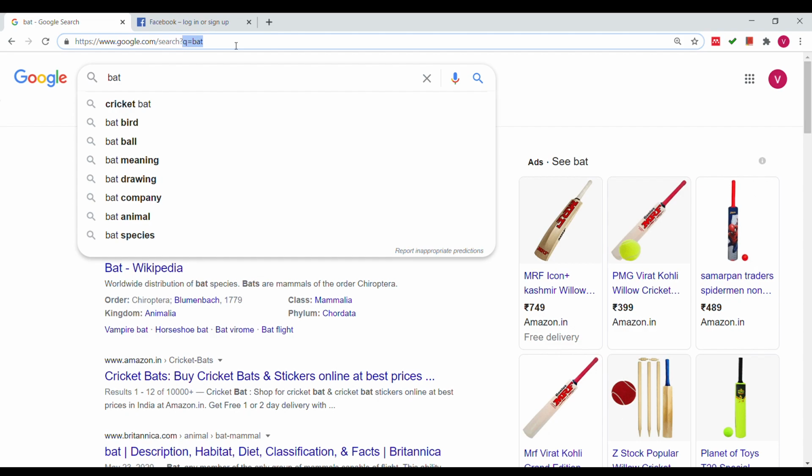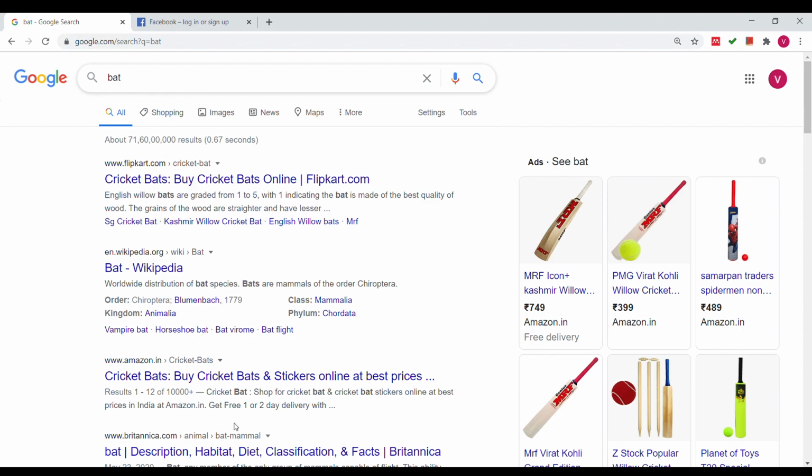So q is equal to bat is sending the query bat to the Google server, and then the Google server is responding with all the results that it can find which are matching for bat. So this is an example of the GET method. So HTTP uses the GET method to request from the server.